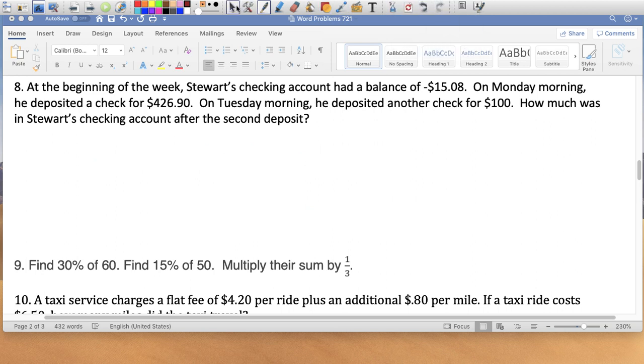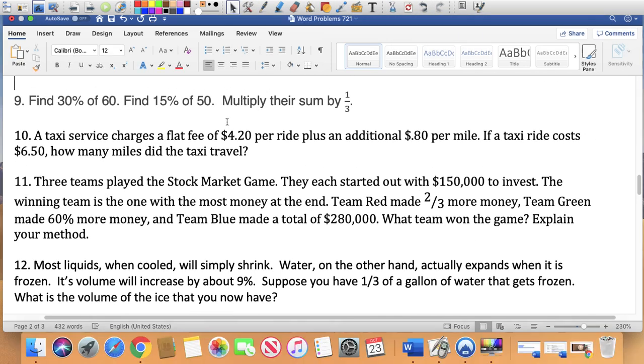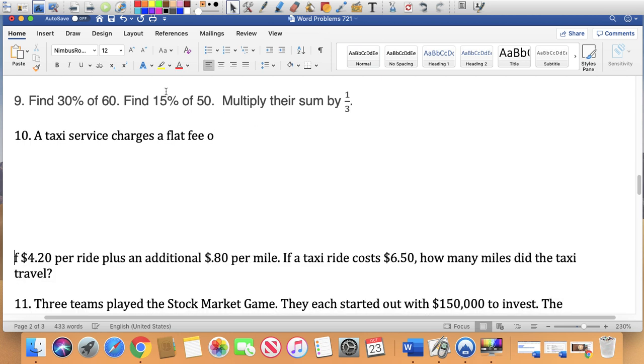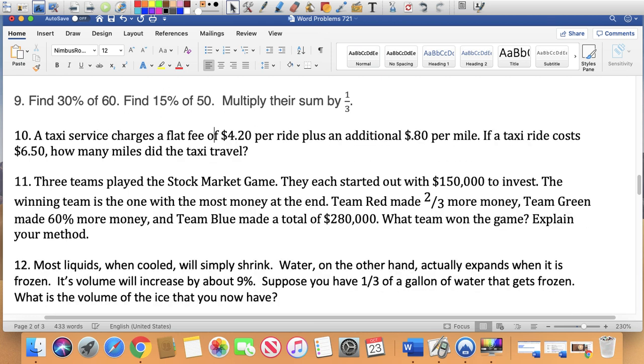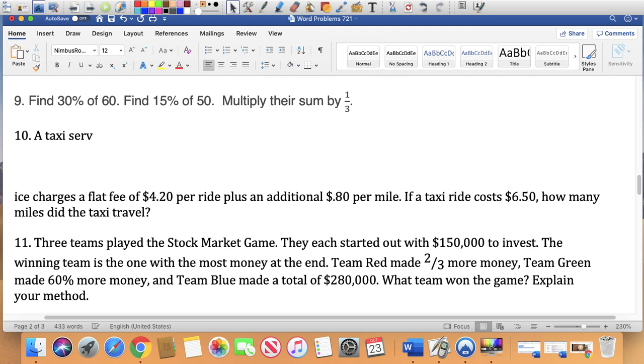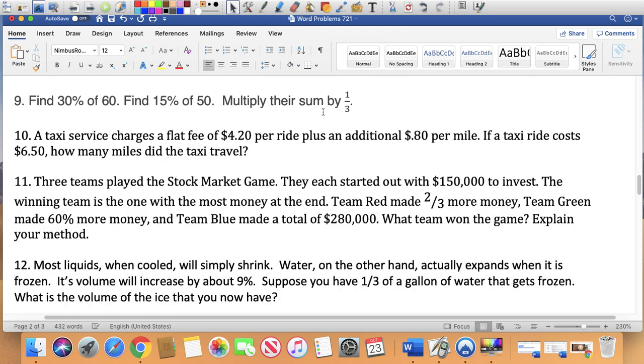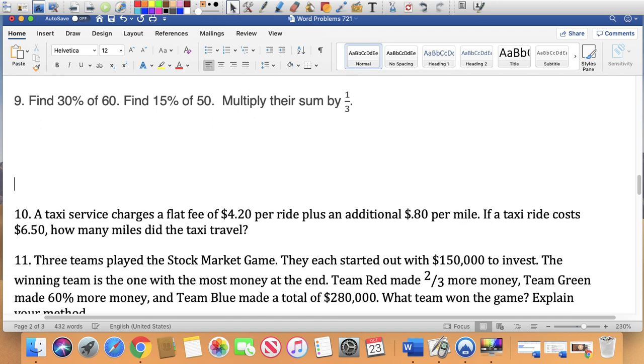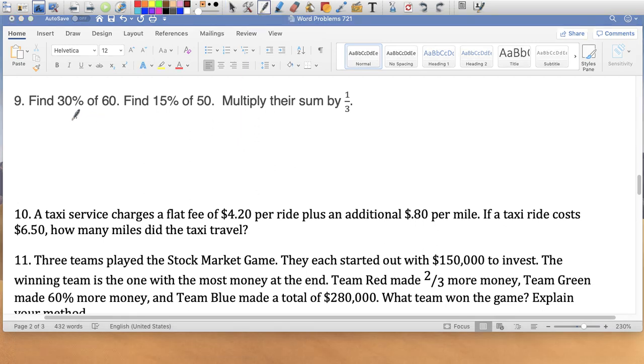9, find 30% of 60, really? Uh-oh. Find 30% of 60? What the? Find 30% of 60, so again, you can do it as 3/10 times 60 or just 0.3 times 60